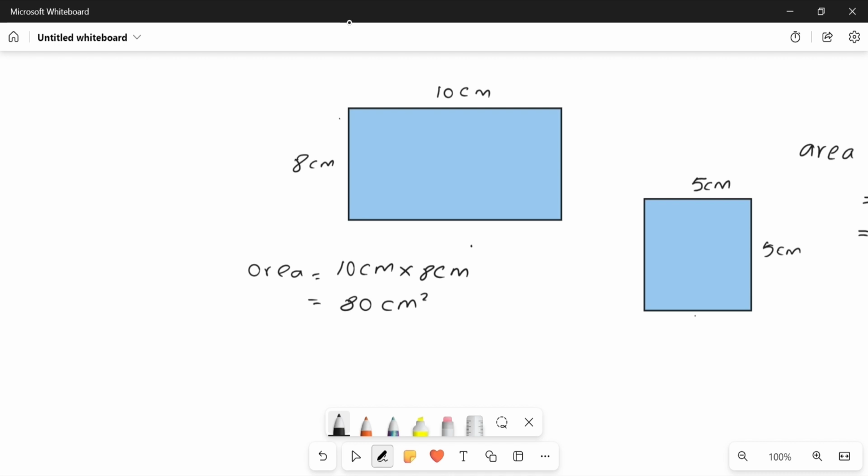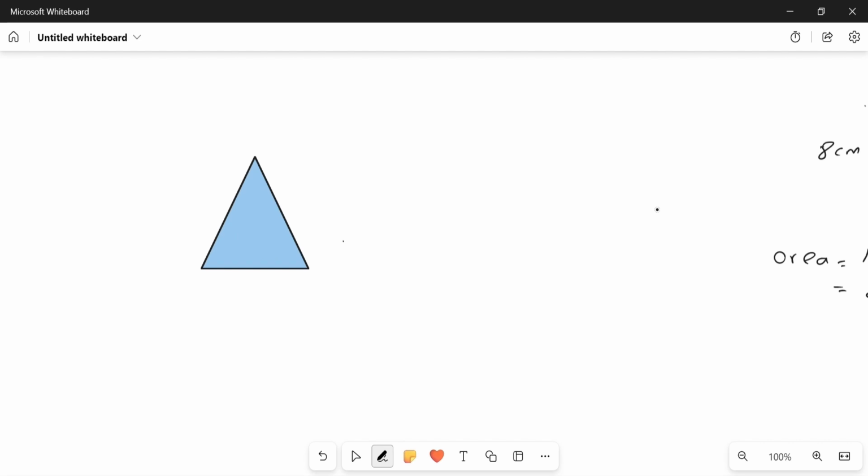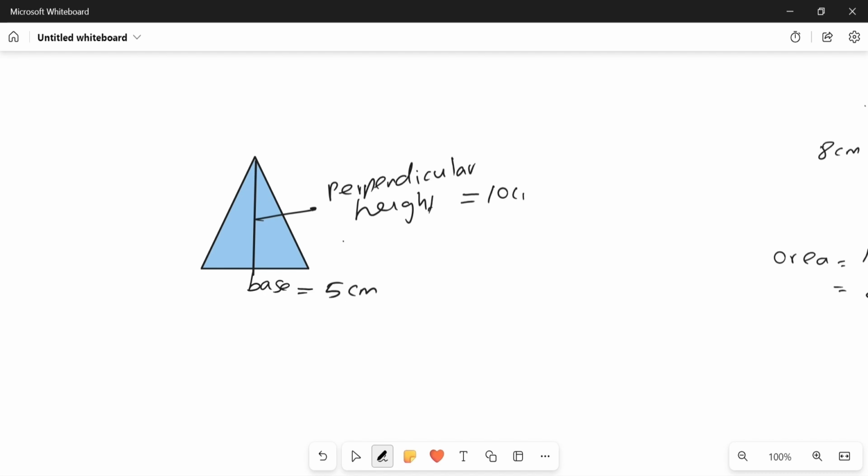Now let's see how to find the area of a triangle. A triangle has a base. This is called base, and we have to draw a perpendicular line, and that is called perpendicular height. So if the base is say 5 centimeter and the perpendicular height is 10 centimeter, the area of a triangle